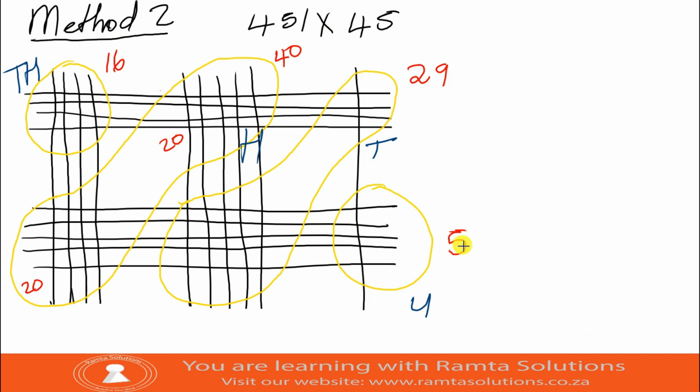First, I'm going to start with the units. We have 5 units. I'm going to leave it as 5. And then I'm proceeding to the tens. This is 29. Because it is not the last number, I'm going to write 9 and carry 2. Then we have 40. Because it's not the last number, I remember I carried 2. So it will be 40 plus that 2. It will be 42. But because it is not the last number, I have to carry the 4 and write